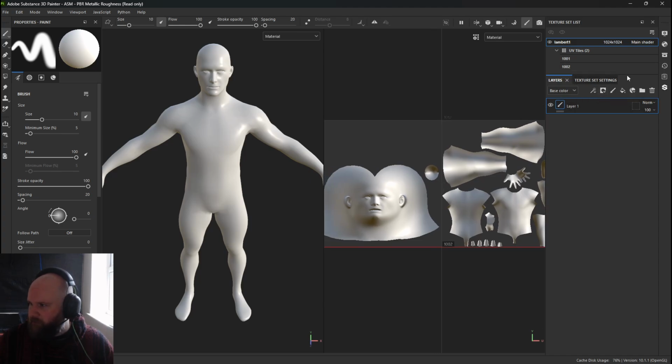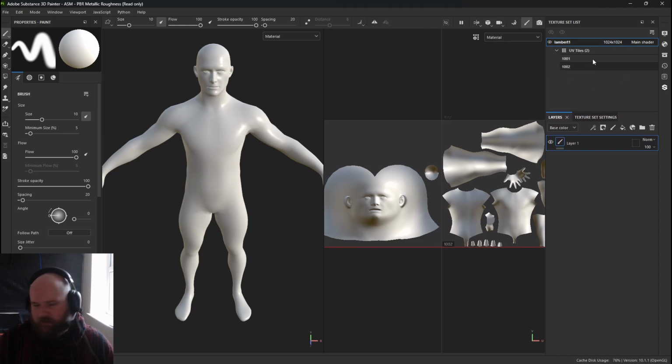And in the actual texture sets on the right hand side here, you see that they look a little bit different as well. So under Lambert, where we'd normally have just whatever, we've got that. But then underneath it, we've got UV tiles 2. And this is telling me I've got 2 UV tiles. And the coordinates of these, if you just understand very simple maths, is